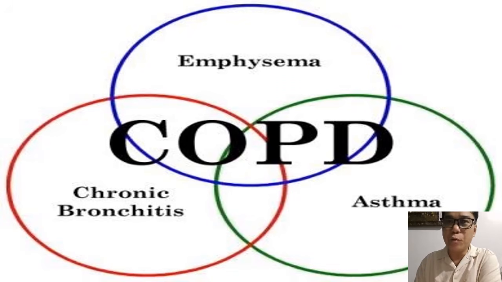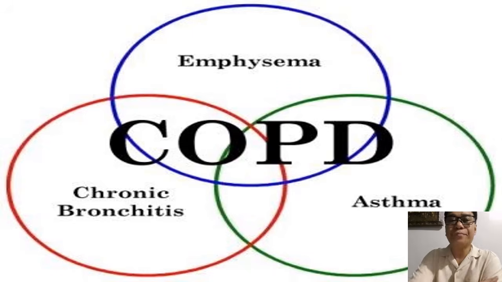We could also look into their diet, so anything that could be easily taken. Aside from that, for diet, we could also give a high caloric diet, so that they could have energy. They could also have a high protein diet to increase and maintain the integrity of the alveolar walls. In terms of carbohydrates, it should be low carbohydrates for us to limit the production of carbon dioxide.